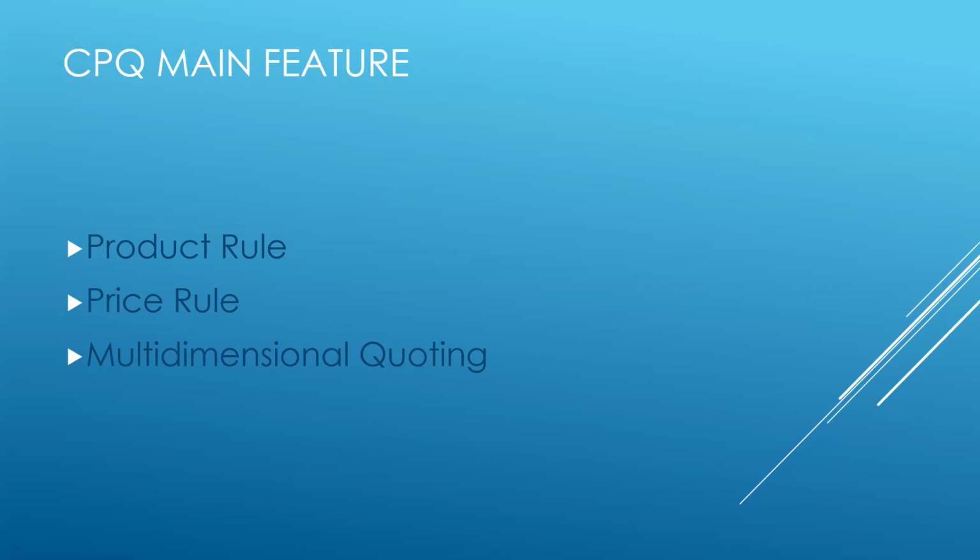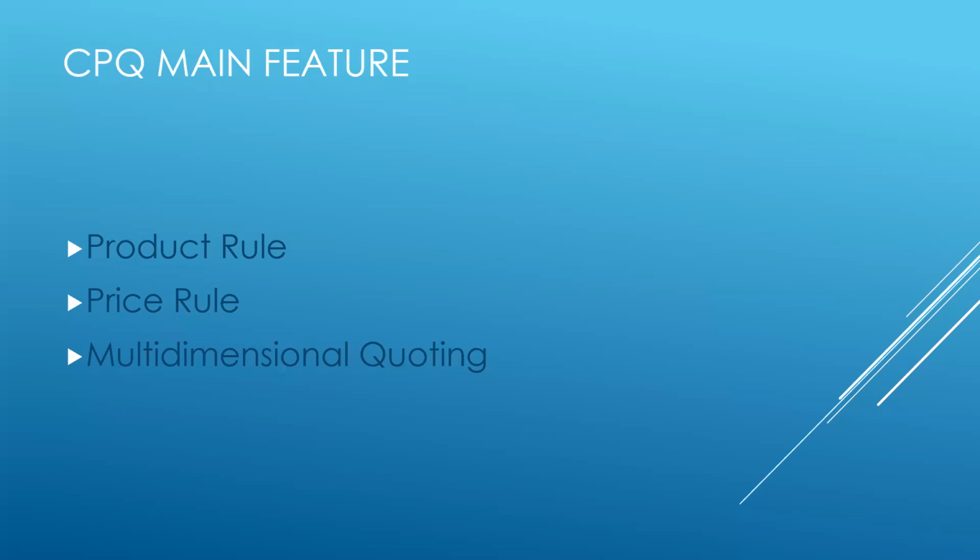Product rules are of different types: validation, selection, filter, and alert. We can have an alert message for selecting and deselecting any product. We can have a filter, so that this product can be selected or this one cannot. We have validation: if we have a product with more quantity, we can set a threshold that this product can only be sold for 10 quantity, and if we have 400, then there will be a validation on the QLE screen. And the last one is selection.